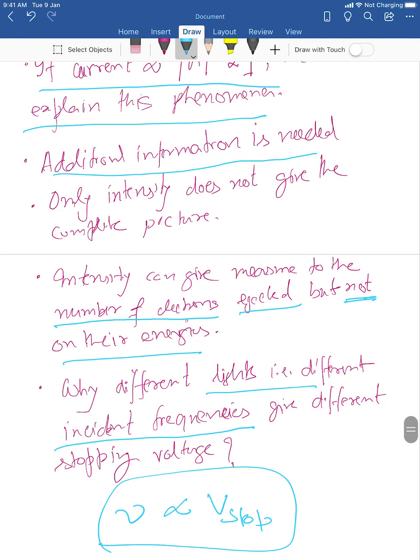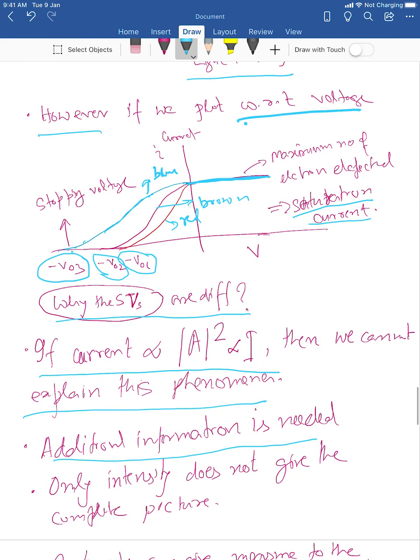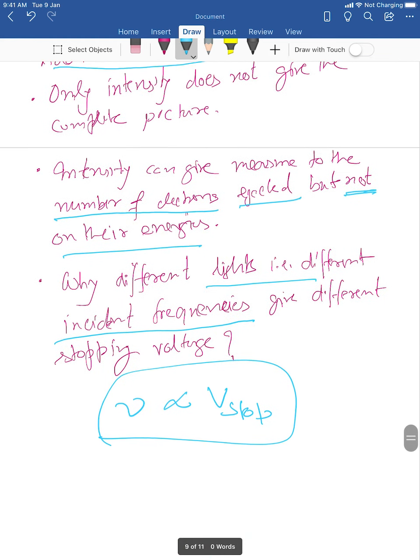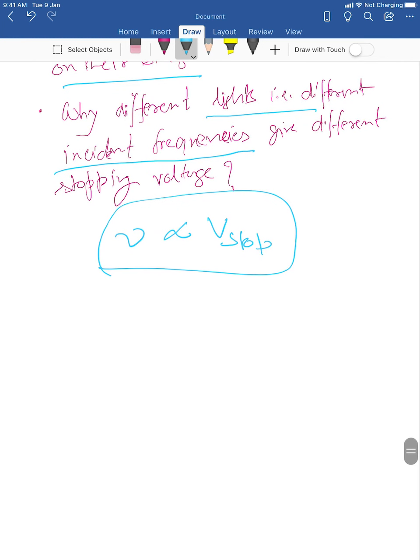But this question, whether the stopping voltage or the electron kinetic energy should depend only on the intensity or on the frequency, is understood even from the single plate experiment, because we know that it cannot depend fully on the intensity. It will depend on the frequency of the incident light, and that needs a different description or different kinematics of the electron that's coming out. So I'll talk about the kinematics in the next section of the lecture. Thank you.